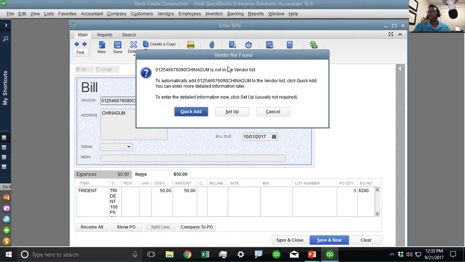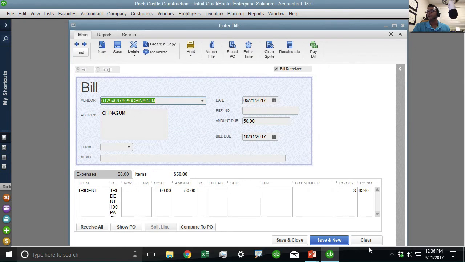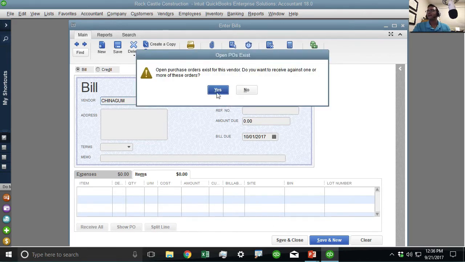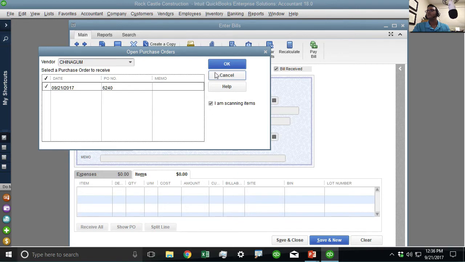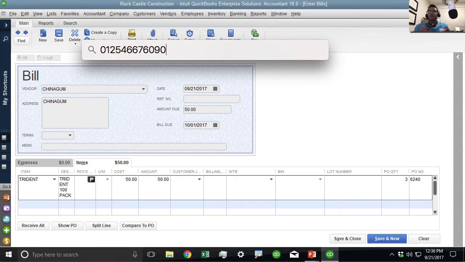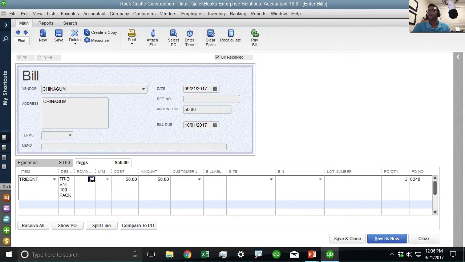Whoops, let me go back, I had my cursor in the wrong place. Okay, hit yes again. When you click I'm scanning the product, you actually have to scan it for the quantity received to go up. So you have to scan 1, 2, 3, 4 times, whatever it happens to be. As you scan, QuickBooks will then increase the quantity received. And that's basically how the built-in scanner works,